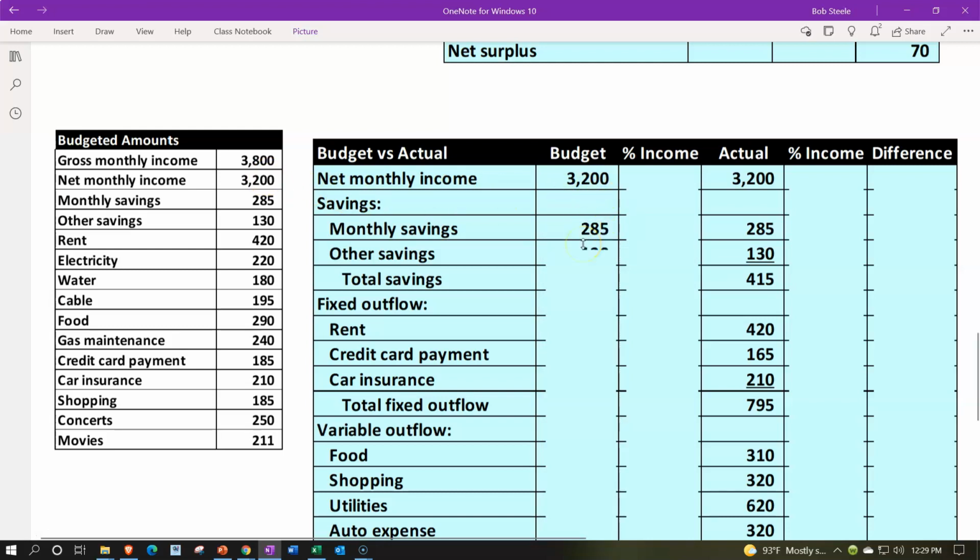Then we have the savings. That's going to be the $285 that we're pulling in. The $285, which is here. The $130 for the other savings, totaling that up. That's going to give us the $415. Then we have the fixed outflow, which was the rent of the $420. We got the credit card of the $185 on the credit card payments, and then we have the car insurance